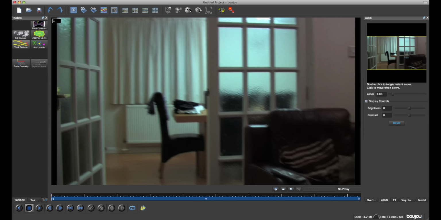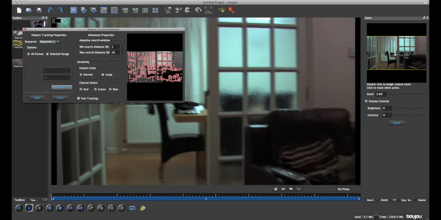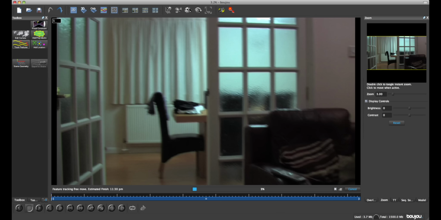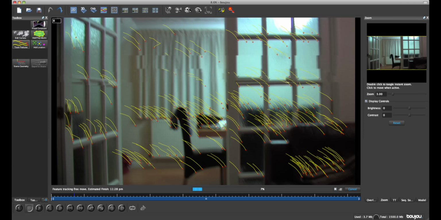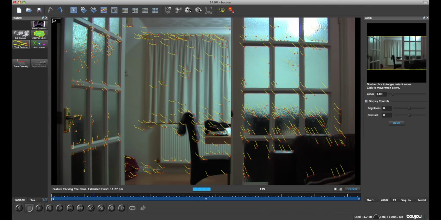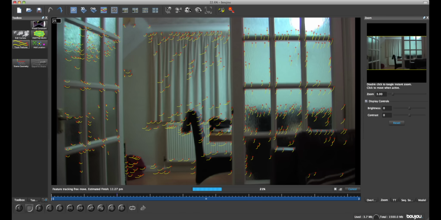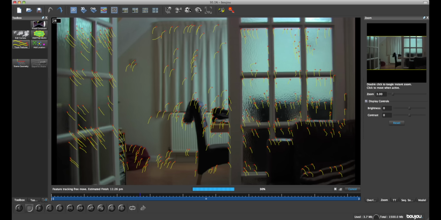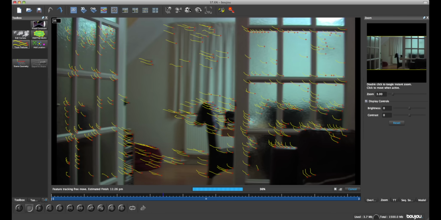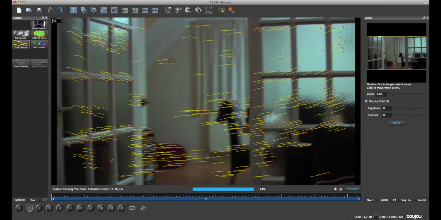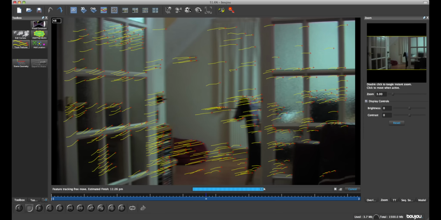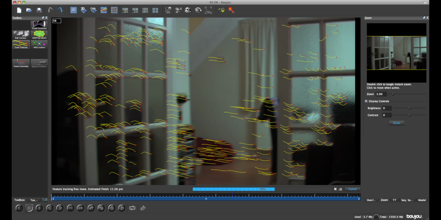Now what you're going to do is hit track feature. I'm just going to put it one up to make more, and then you're going to hit start, and what it does is it will track as many points as it can, as you've set it up to do, and it will put a load of markers at those points, so it's as accurate as it can possibly be. So yeah,